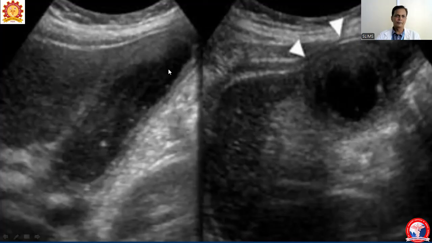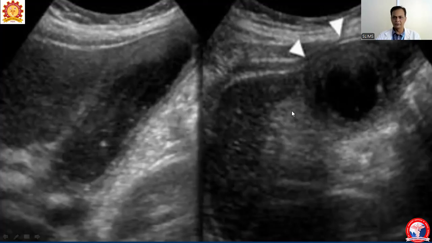Here we are seeing bile with some echoes within, so sludge or microstones are here within the gallbladder. A very important point on ultrasound while diagnosing cholecystitis is Murphy's sign. What is Murphy's sign? It is when we compress the gallbladder, when the probe is kept over the gallbladder region and